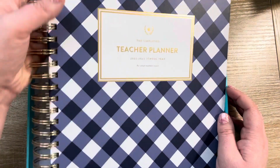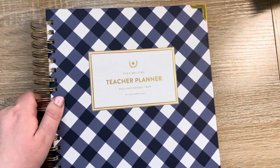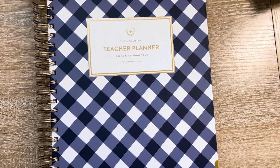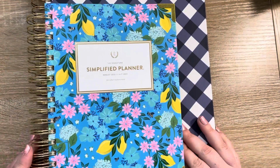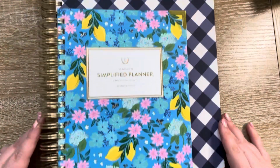Okay, let's jump in to this planner. Here she is. Just a size comparison. The teacher planner is a lot bigger than the regular planners. Here it is up to a daily. I don't have a weekly with me because I don't use the weekly. But as you can see,